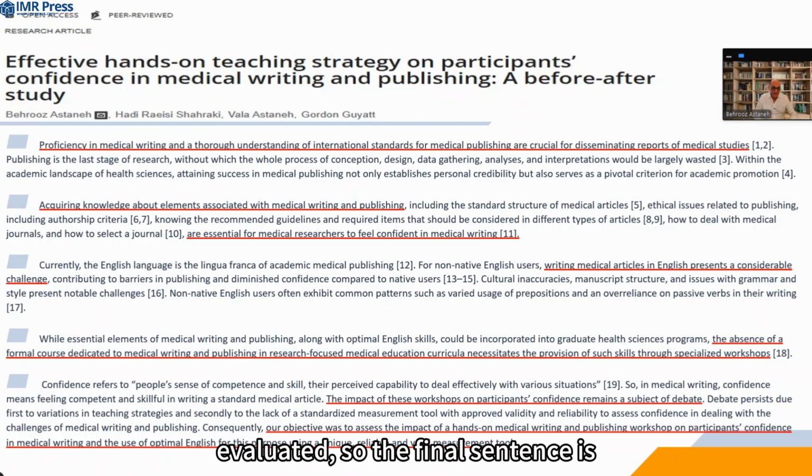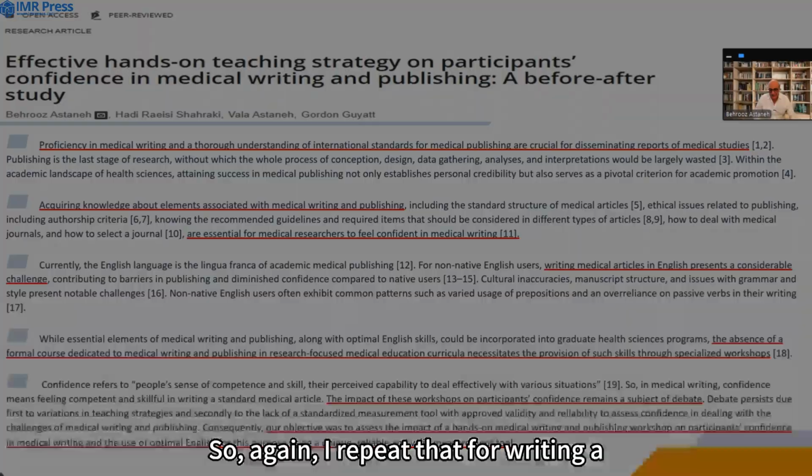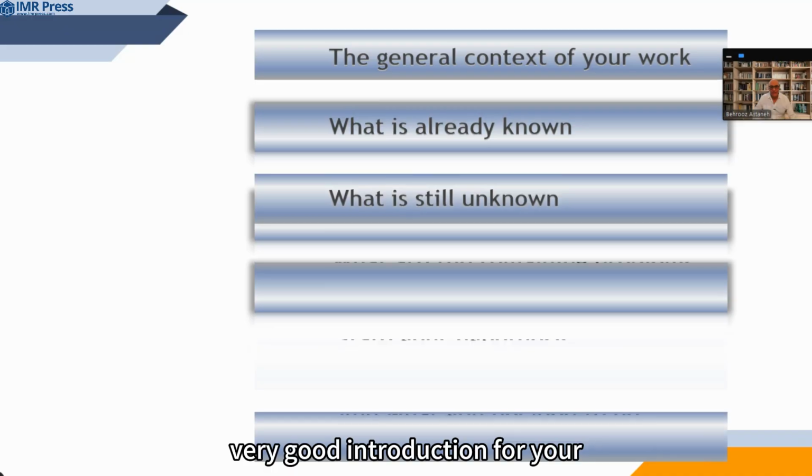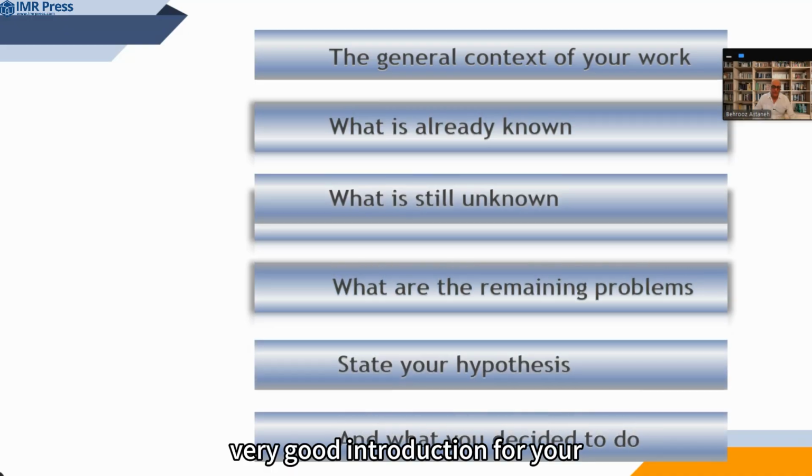So the final sentence is actually our aim or our objective to assess the impact of a hands-on medical writing and publishing workshop on participants' confidence in medical writing and the use of optimal English language for this purpose using a valid measurement tool. So again, I repeat that for writing a very good introduction for your research article, you